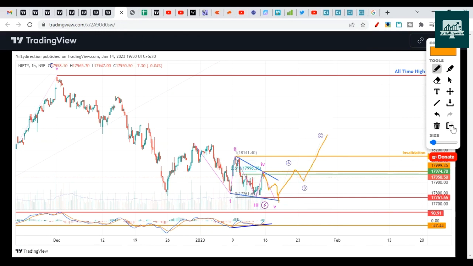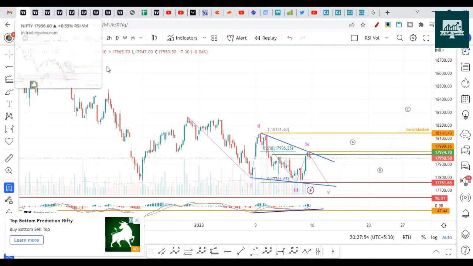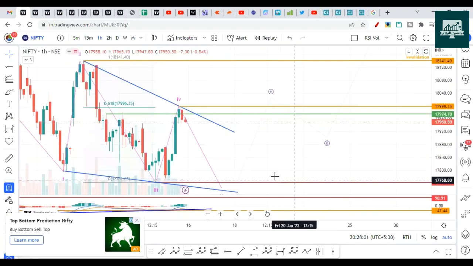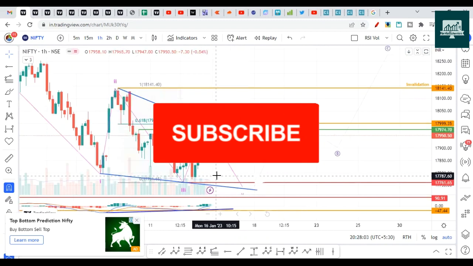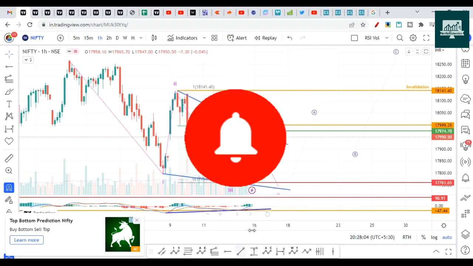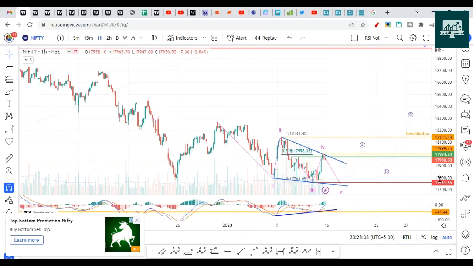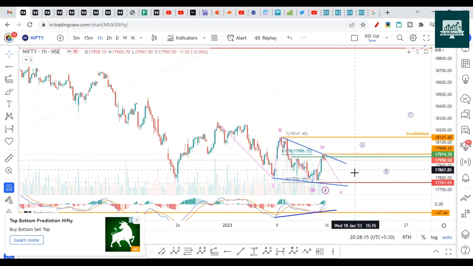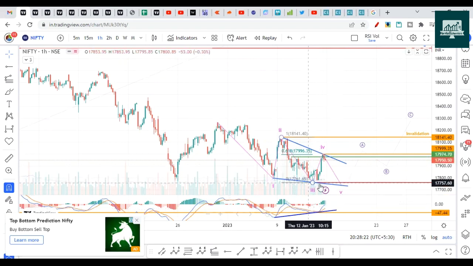So do remember here, this is the chart. When it starts the pullback, I'm expecting 18,300, and I'm not expecting a big deep cut from this level, because the price is making divergences, as you can see here. So this is the first divergence. It can make one more divergence and then give the pullback on the upside. So I'm not expecting a deep move from here because of the Elliott waves.